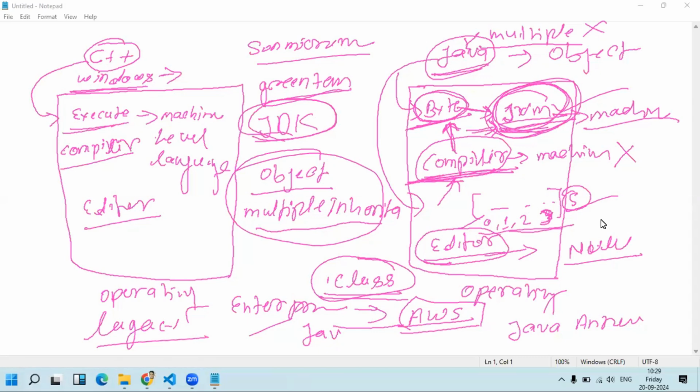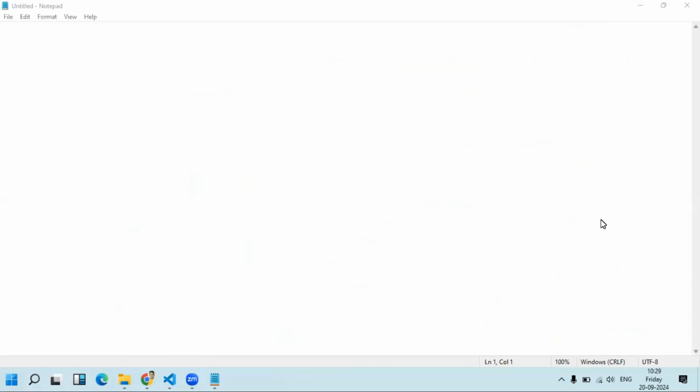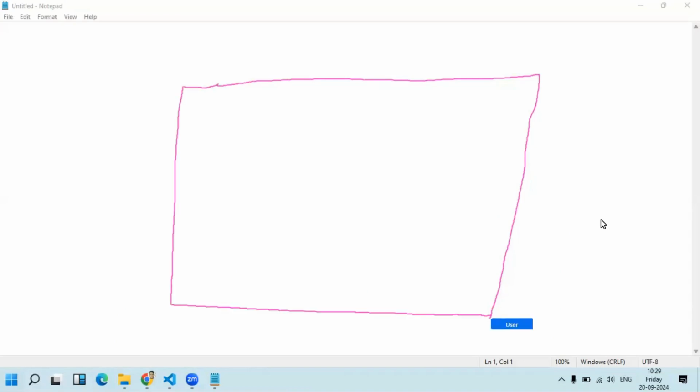So let's move to the JDK and discuss what is inside the JDK and how it will work for you. Let's remove these annotations from here. Suppose this is the JDK, and this JDK is inside your operating system, I mean, inside your machine.